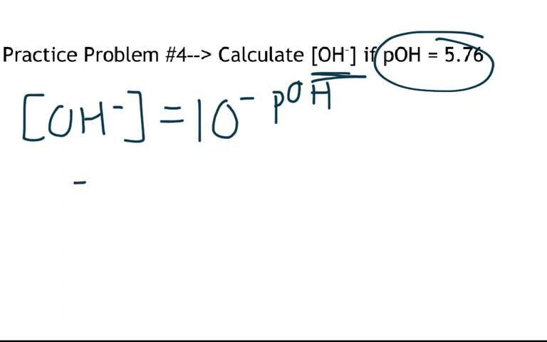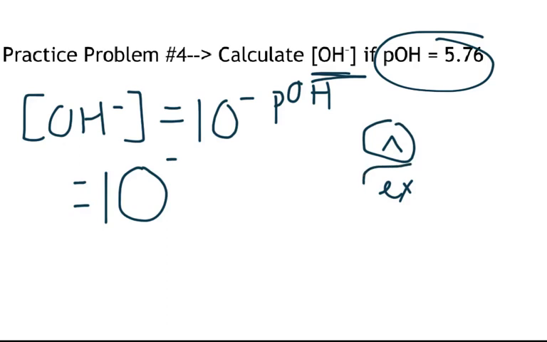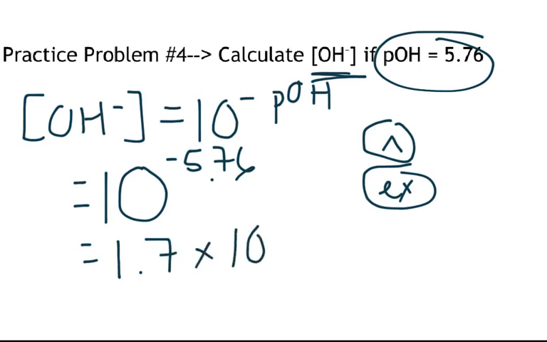Okay, so when I do that, from here it's just plug and chug. I put 10 in my calculator, hit either the caret or the exponent key depending on your calculator, negative 5.76. And if I do that and I hit equal, I will get 1.7 times 10 to the negative 6